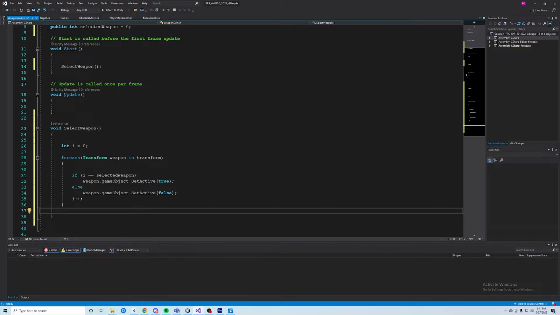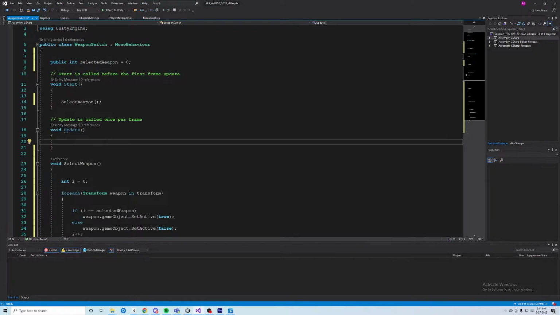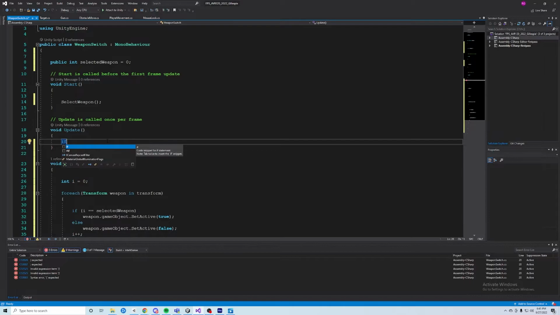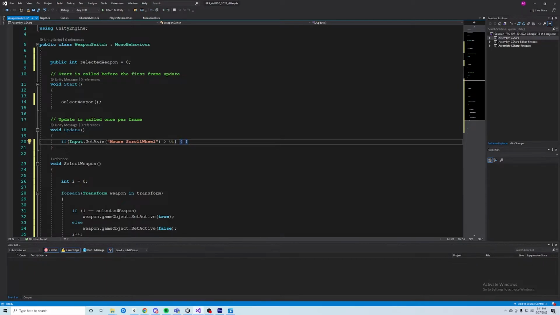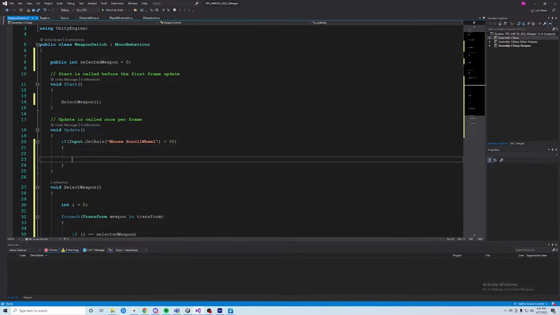All right, so then in update, we need to assign this to a user's input. So we'll say if the input dot get axis, so we're going to get the axis off the input class, and there is an option for mouse scroll wheel, and we're going to assign the weapon swapping to a mouse scroll. We're going to say if that's greater than 0, which is going to be if your mouse is scrolling upward, because it's a positive number, then if the selected weapon,